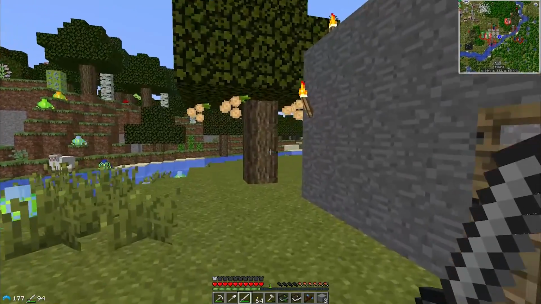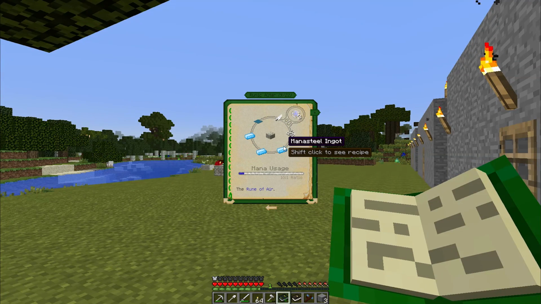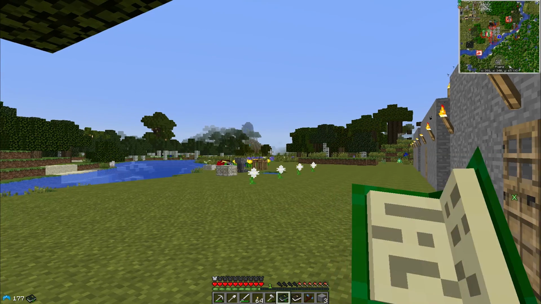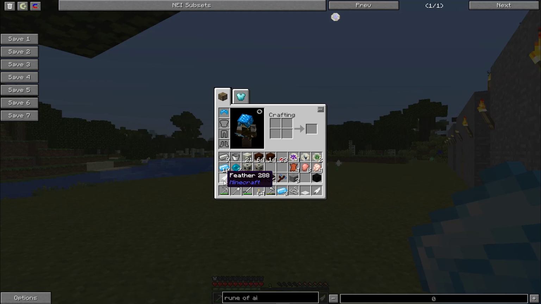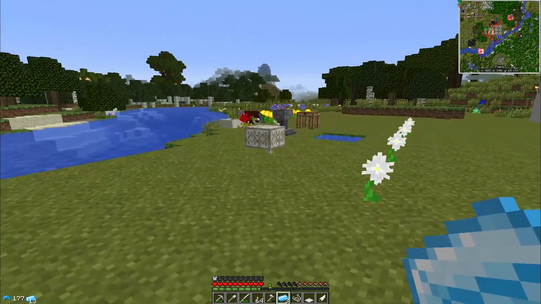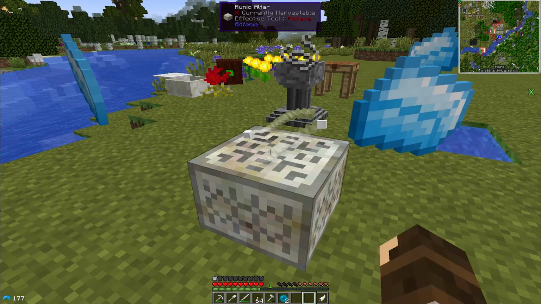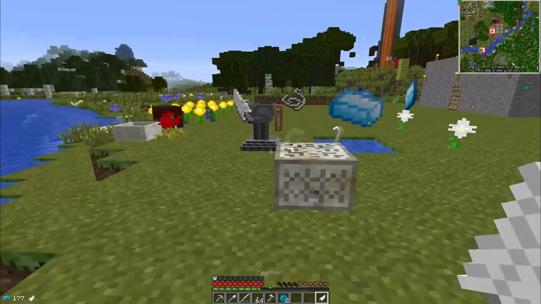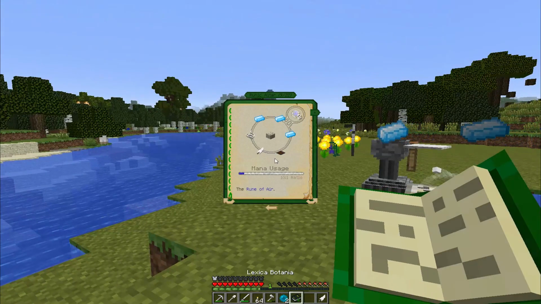So I need to use, let's make sure here, 3 mana steel ingots, a string, a feather, and a carpet. So let's go ahead and do that for now. Mana steel ingots, string, carpet, feather. And I said I just needed to right click on it. And then, now that that's there,